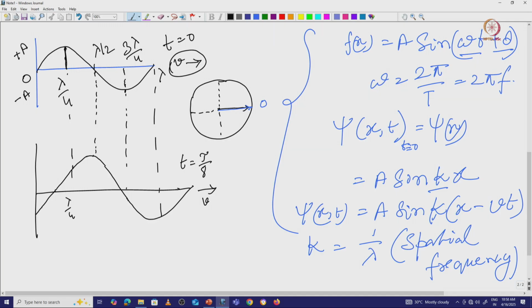So now I want to plot this one. If we just consider what the major change is here, the total amplitude has no change, right. The amplitude is the same for this one and this one; I didn't change the amplitude. The only change happens in this particular angle. Initially the wave started from 0, now it is starting from here. So there is an angle difference.